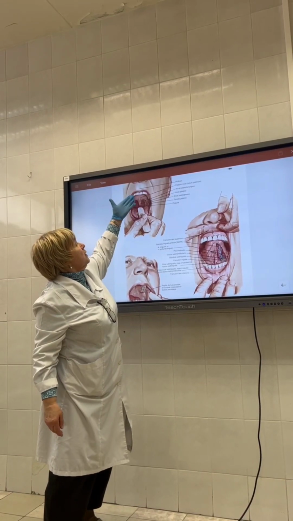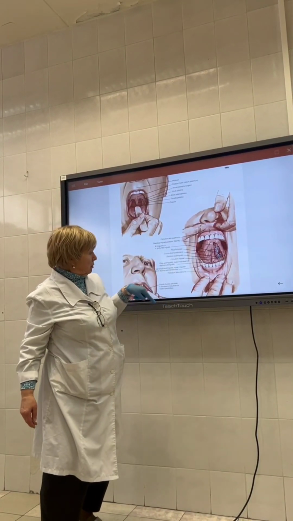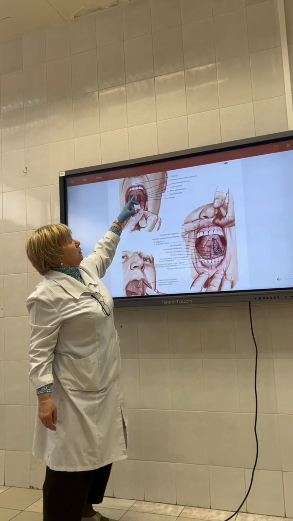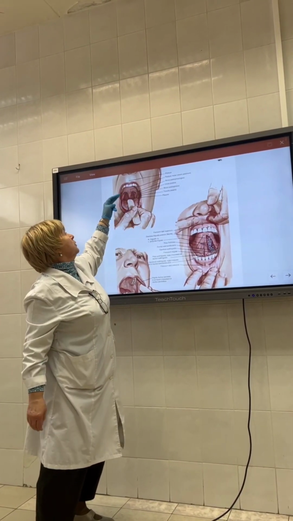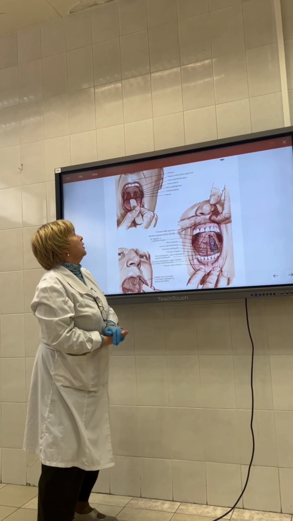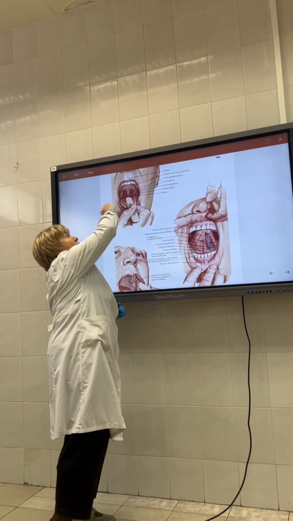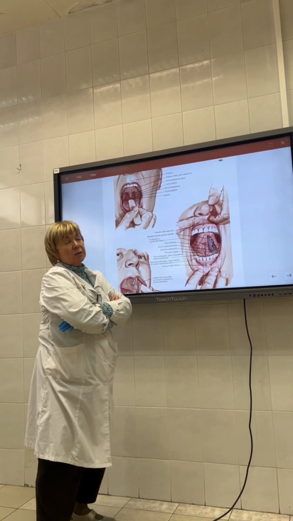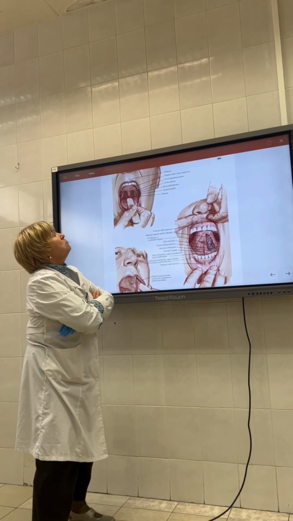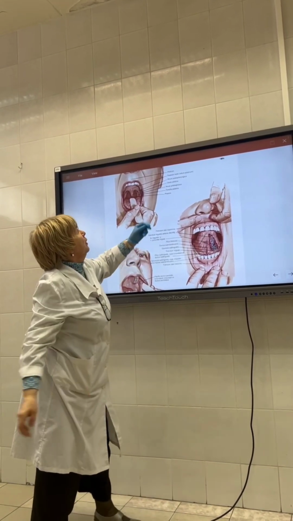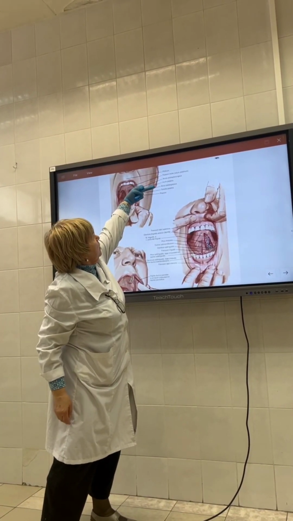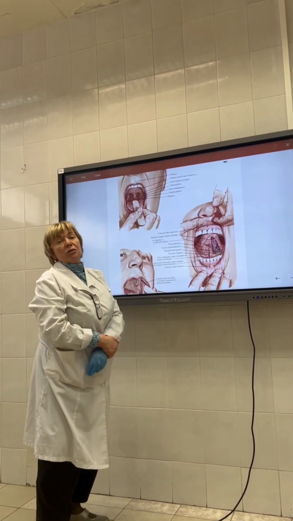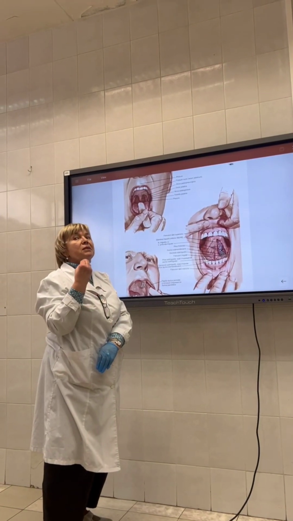Which muscles lie in the soft palate? They are shown in the lower images. All muscles are paired, and two muscles of the soft palate lie in the arches, which surround the fauces and form the lateral walls of the fauces. Arches are called by the muscles which lie inside them. You see here the arcus palatoglossus, the front arch, which is formed by the mucous coat and the muscle with the same name,